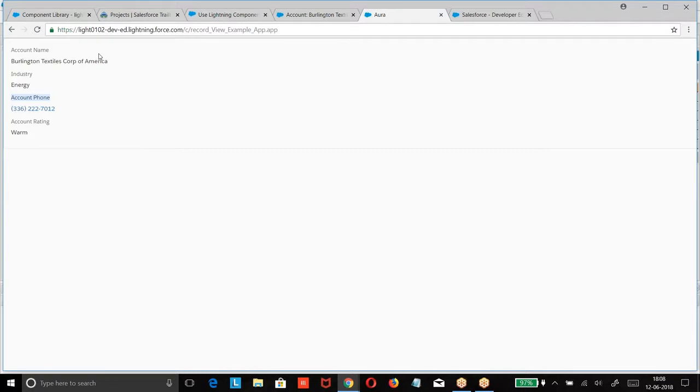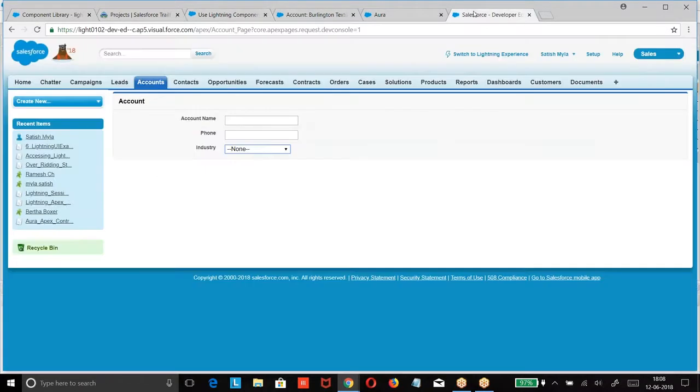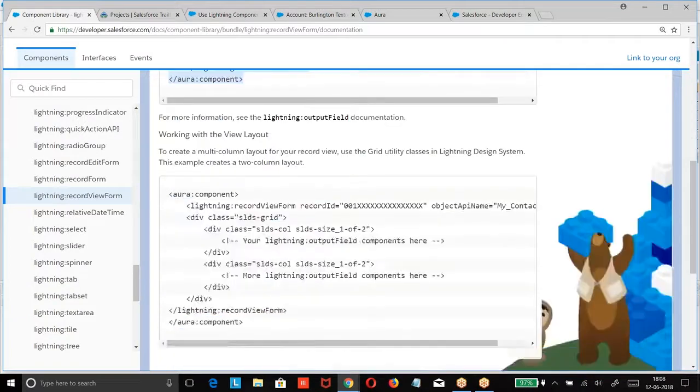Okay. Now the second one, look at the second one. Now, we have seen a concept of grid. What is a grid? Divide the row into number of columns. 1 of 2, 1 of 6, 1 of 12. Now this is how this is displayed. Vertically it is displayed. You want the data to be displayed horizontally. Then what should I do? Apply grid format. What is the format? Grid format. Now let us say, if you want these components to be displayed side by side, we can go